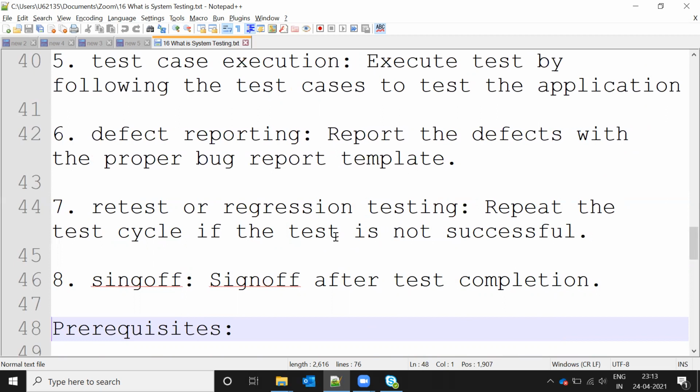But don't think we do regression right after defect fixing. If we raise a defect and it comes back to the tester, we do retesting. We can also do regression testing in parallel, because after deployment we need to test before and after. I will explain retesting and regression testing clearly in later videos.